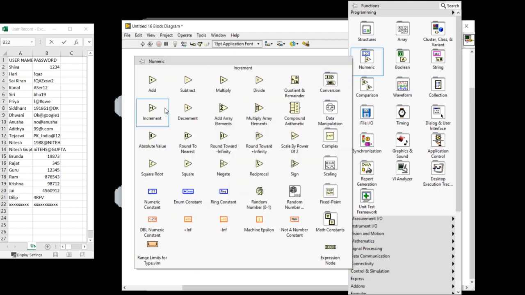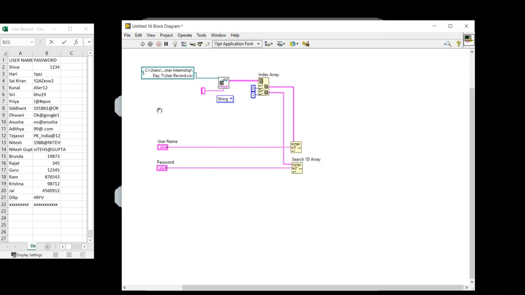Now I'm going to use equal compute, if user ID and password both are the same. That means the index outcome, suppose here the user will enter Dilip and the password 4RFV.